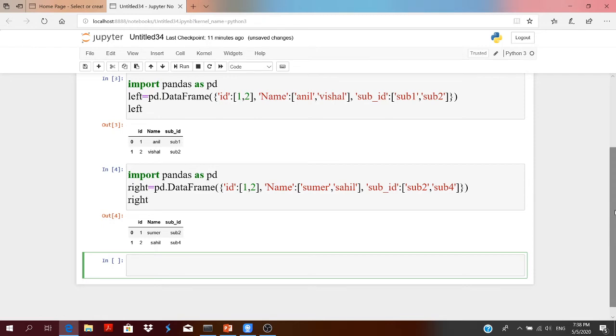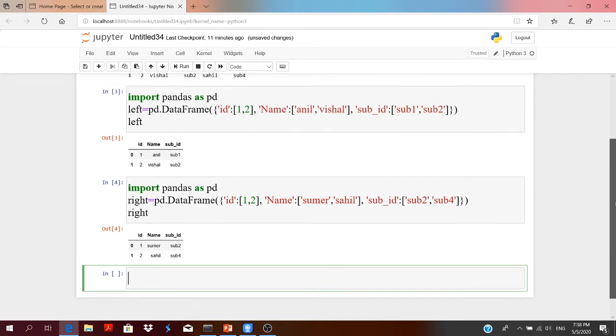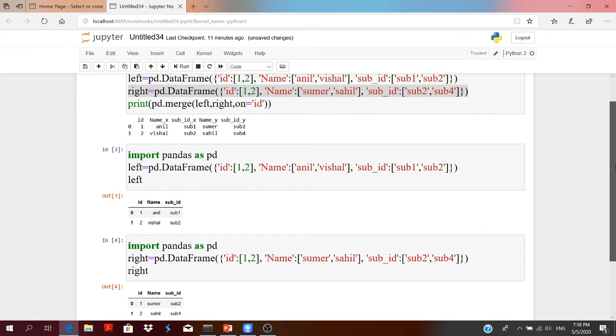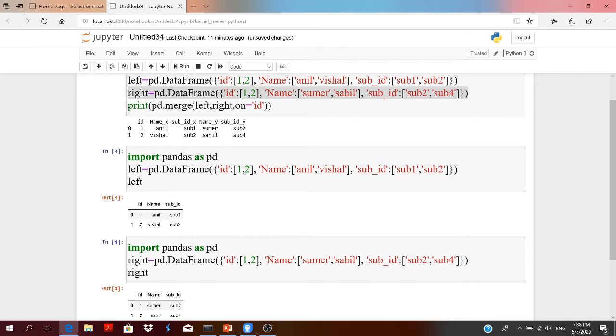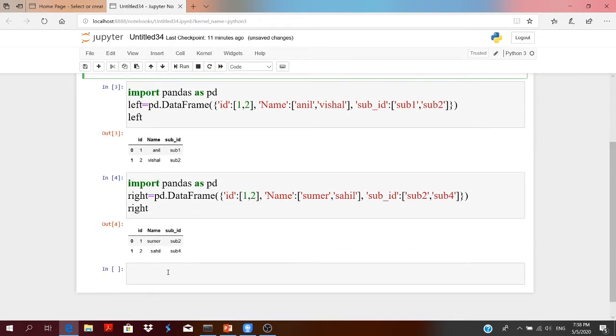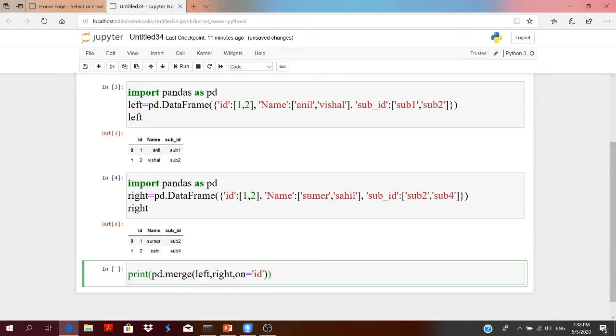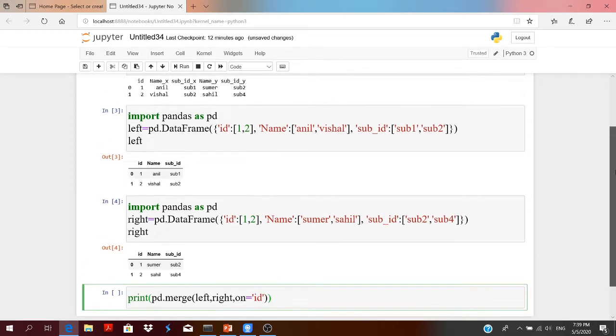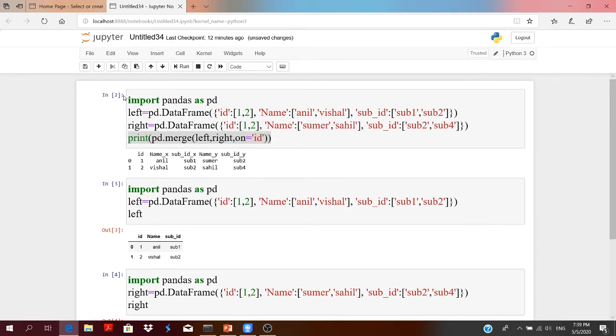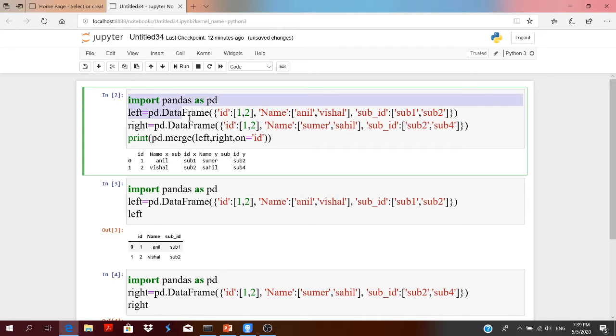Similarly, you can also combine these two data frames on subject ID, on their subject ID. So let us do this also, in which you are combining the data frames on their subject ID.